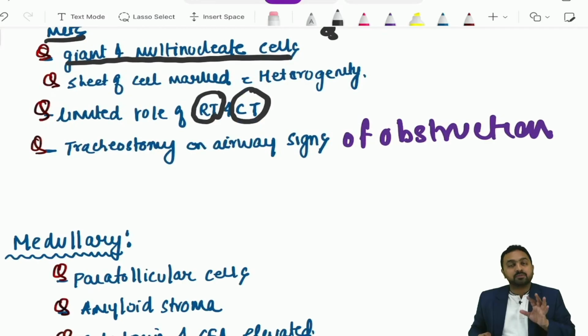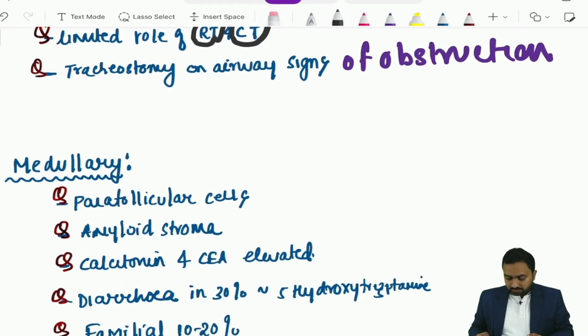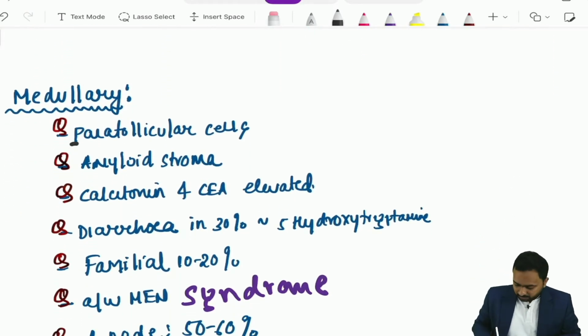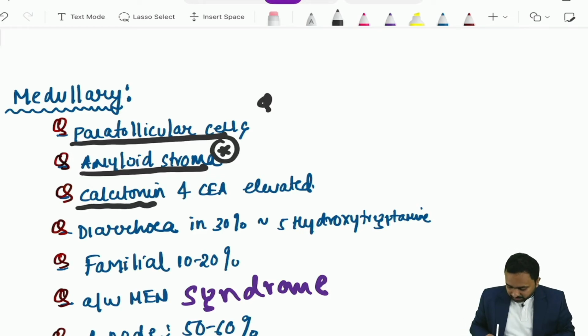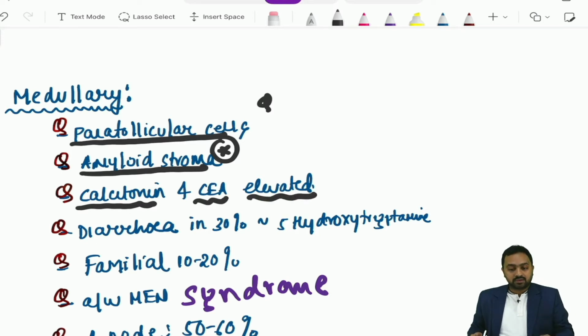Then we have medullary thyroid carcinoma. In medullary thyroid carcinoma they arise from parafollicular cells. Now this is a characteristic of medullary carcinoma, that is amyloid stroma. Then they have the calcitonin levels and the CEA levels elevated in medullary thyroid carcinoma. Now diarrhea is seen in 30% and this has been attributed to